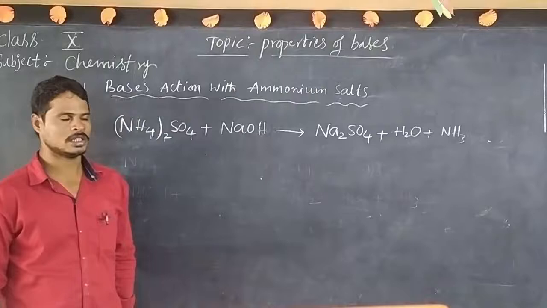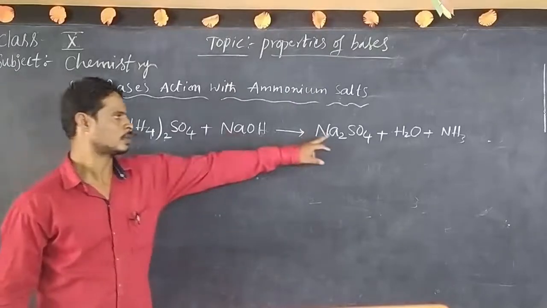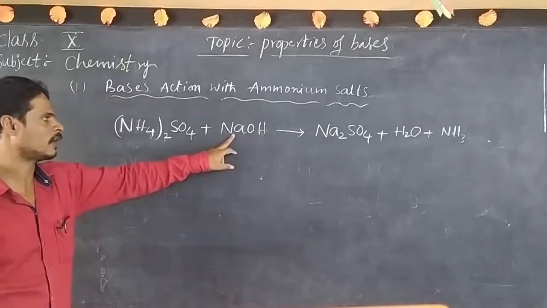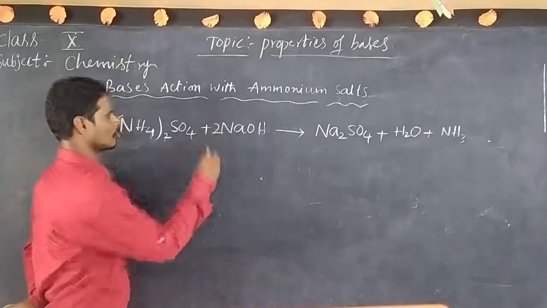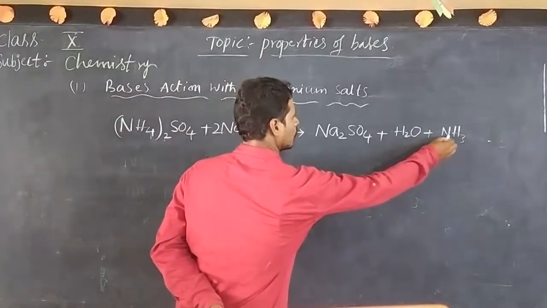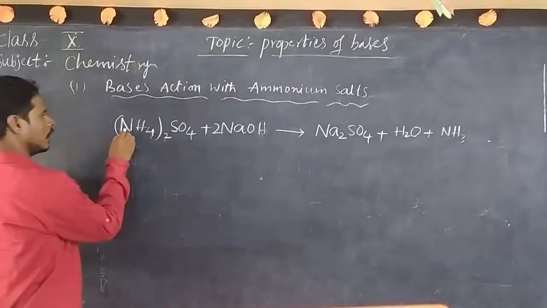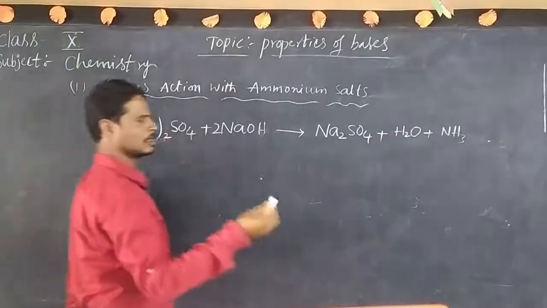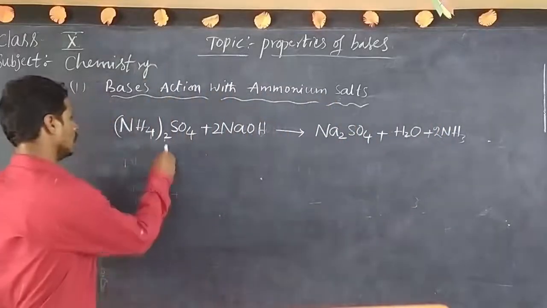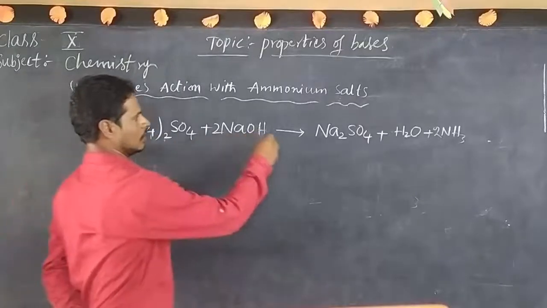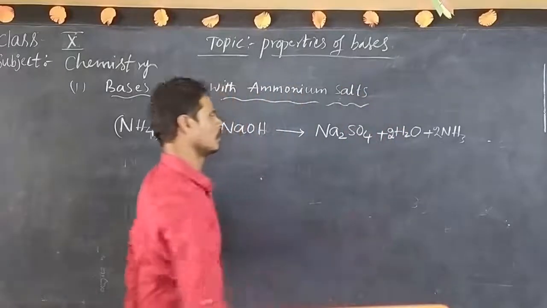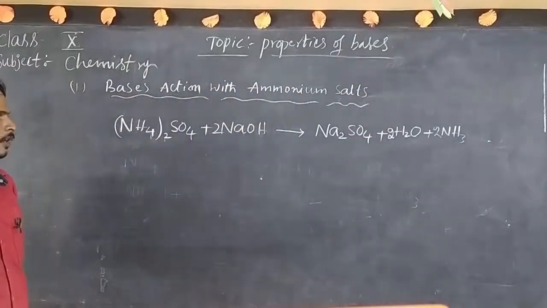Is sodium balanced or not? Check it. Here one sodium, here two sodiums. That's why the one sodium becomes 2. What is the suitable number in front of the base? 2. Now check nitrogen. How many nitrogens are there? Here 1, here 2. That's why 1 becomes 2. What is the suitable number in front of ammonia? 2. Now balance the hydrogens. Here 8, 10 hydrogens, but here 6, 2. So now the suitable number in front is 1. Now the equation is balanced.